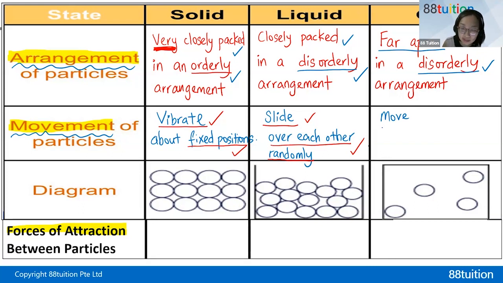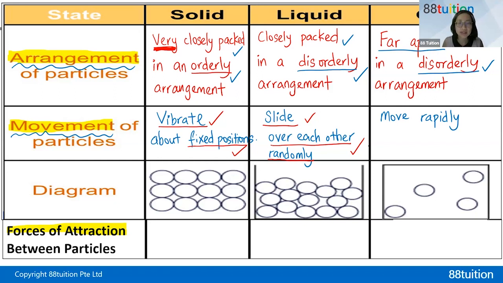So they move very fast. All right. So they move fast. I would say either you write quickly or rapidly. It doesn't matter, as long as you talk about the speed. Now this is only half the mark. Another half a mark. Anybody? Vigorously is almost the same as rapidly. But then you still need another half a mark.